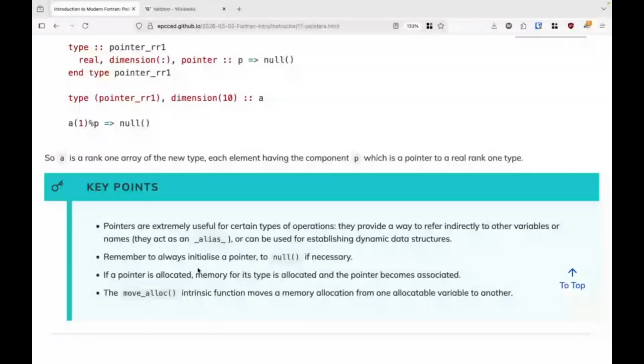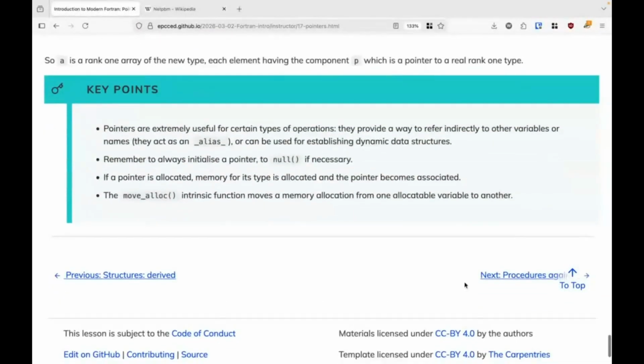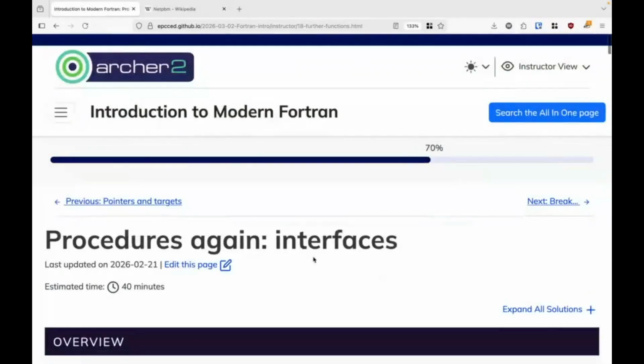In which case, I think we'll just leave things there for now. We've got one final section of actual material. You might be pleased to hear this. We'll break now for lunch. When we come back, we'll do this new section on interfaces, which we've mentioned a couple of times. We've mentioned the contract block